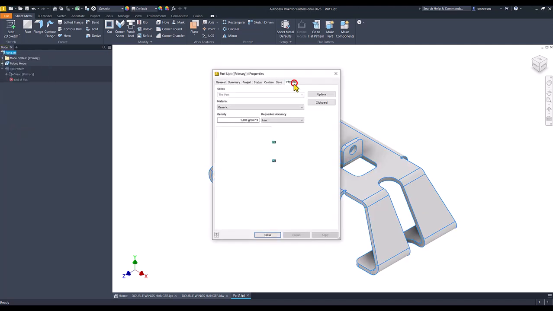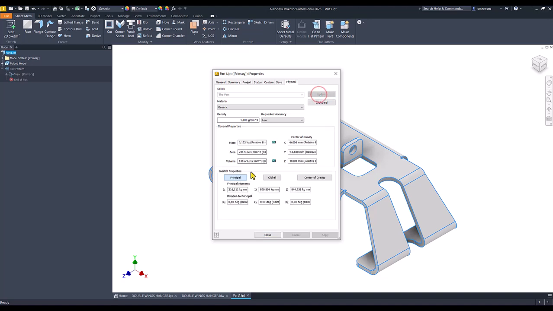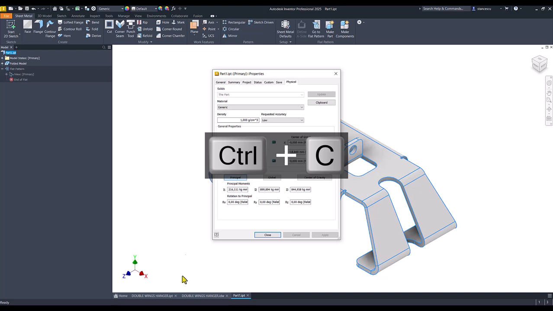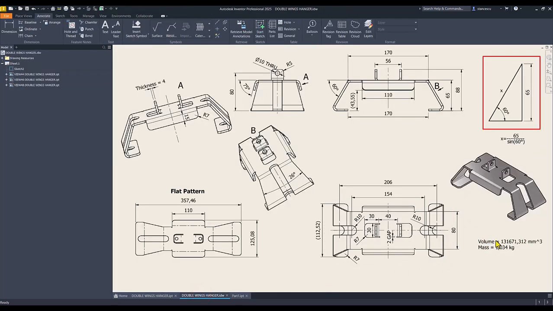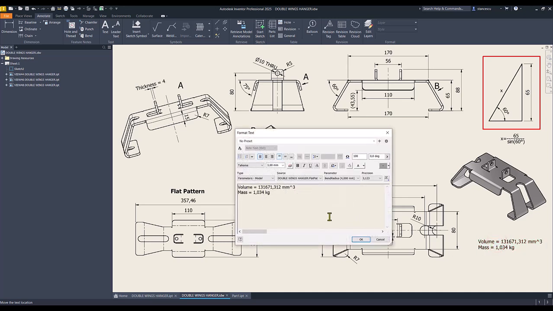Properties, physical, update, copy, close, drawing, double click, here the value, the new value is absolutely identical, yes. Cancel,